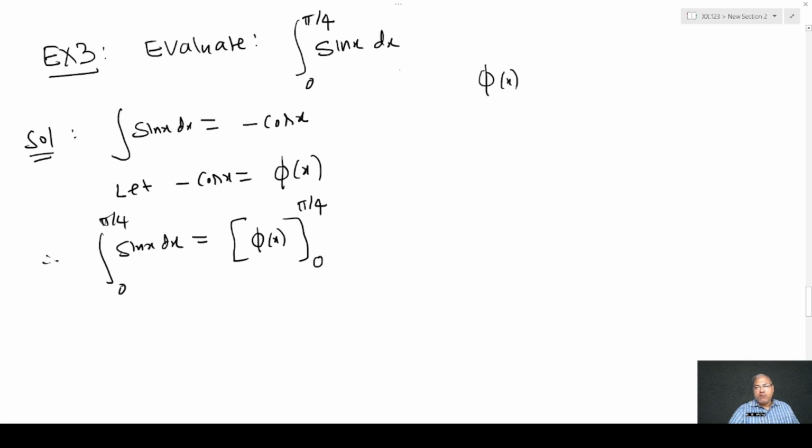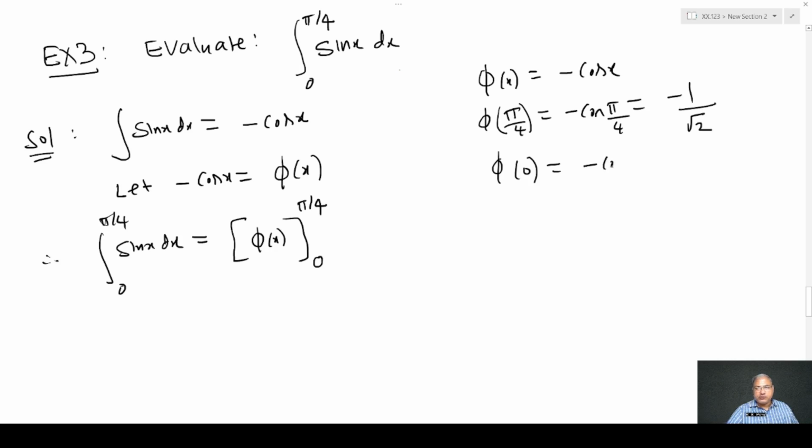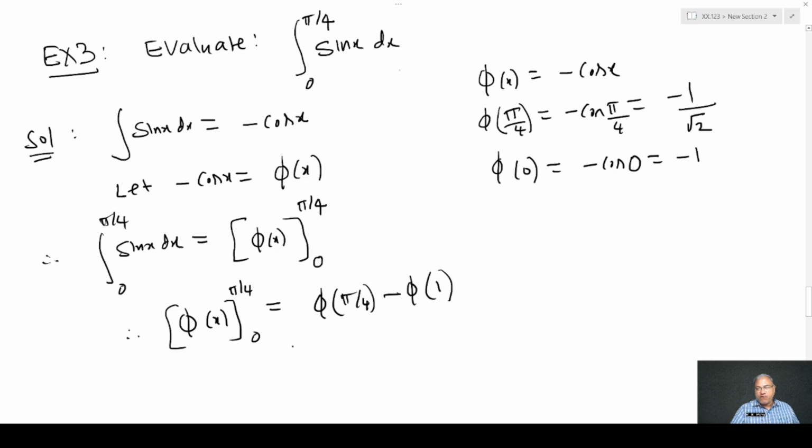We have phi of x equals to minus cos x. We first find out phi of pi upon 4 equals to minus cos pi upon 4 equals to minus 1 upon root 2, and phi of 0 equals to minus cos 0 equals to minus 1. Therefore, phi of x from 0 to pi by 4 equals to phi of pi by 4 minus phi of 0 equals to